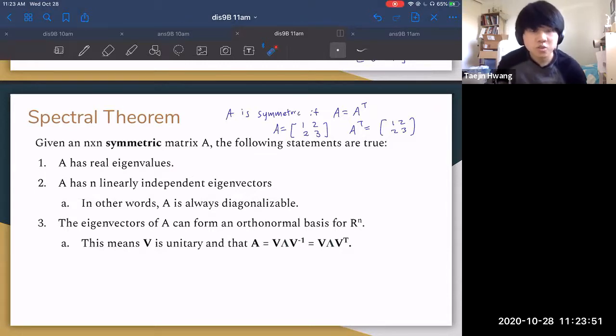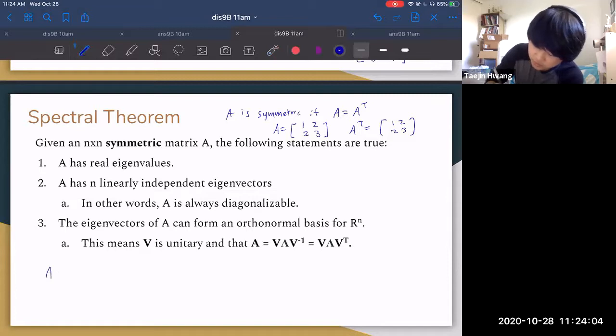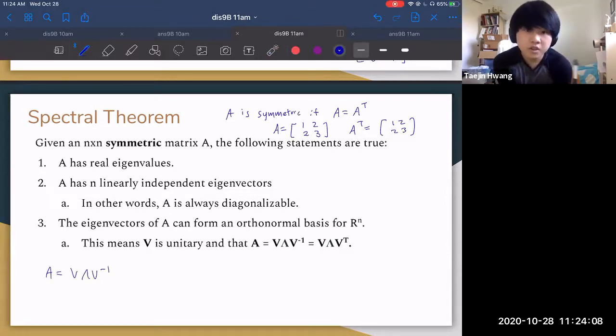More importantly, we can say that A has n linearly independent eigenvectors, meaning A is always diagonalizable. So we can always write out A as V lambda V inverse. And the third statement tells us that the eigenvectors of A can be picked such that the eigenvectors are